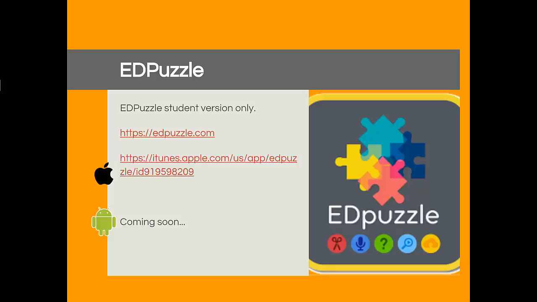And I'm not sure, it says coming soon for the Android. I didn't check to see. I think it should be out by now to operate on Android tablets if you do have Android tablets available. I know that people that don't have iPads typically are using Google Classroom, and like I said, there is that Google Classroom integration, as you know, because you're doing that right now as students in this Google Classroom. Again, you put the questions in there.